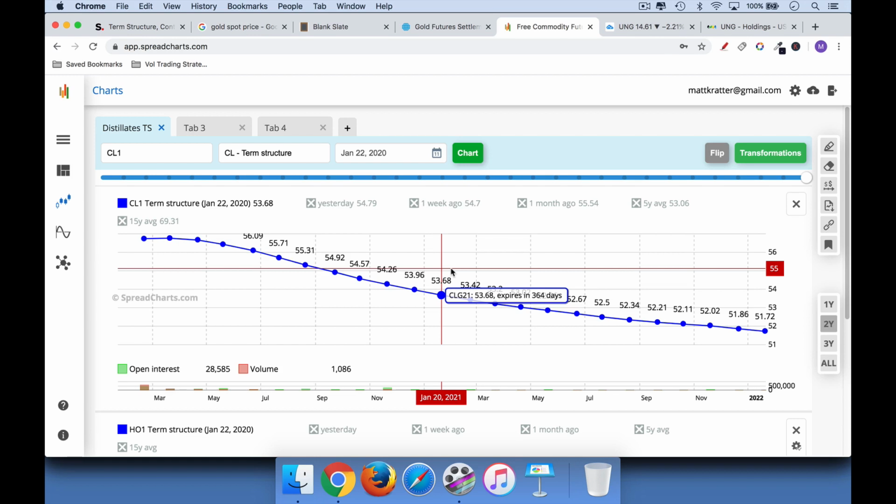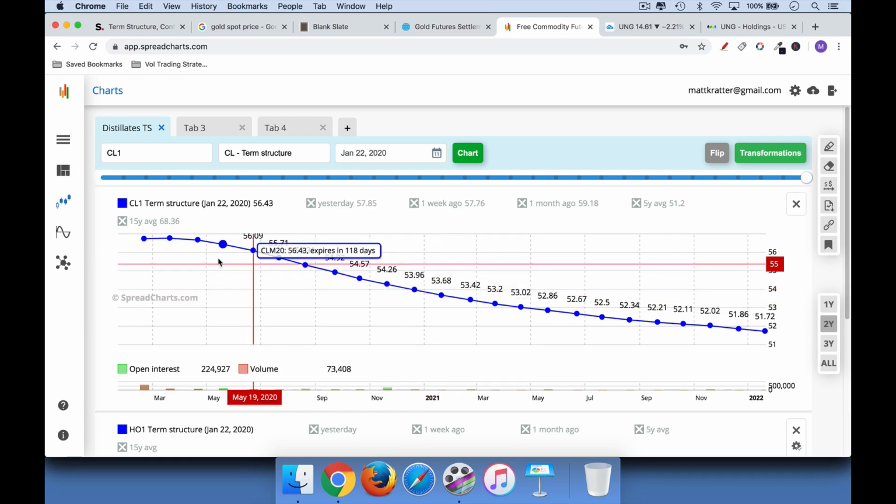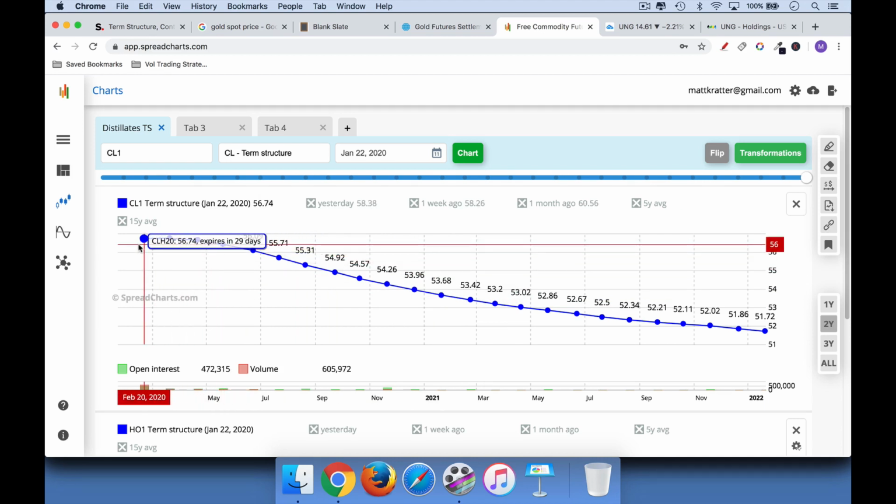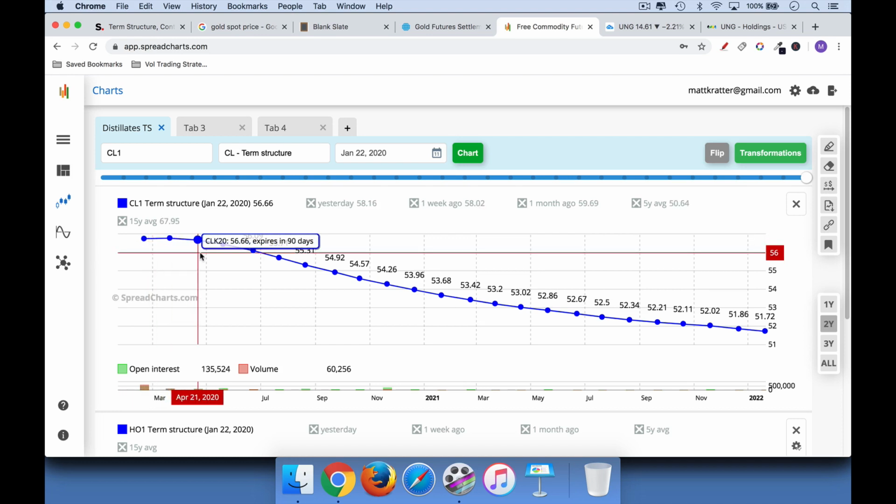And so the normal reason you get backwardation is because there is some sort of supply shortage. There are people who are desperate buyers at the spot price and in the first few futures months. Maybe there's been an attack on an oil line in the Middle East. This current term structure you could attribute to the tensions with Iran that have been going on at the beginning here, January of 2020, and fears of war or supply cutoffs from the Middle East. And so this is what gives you backwardation.